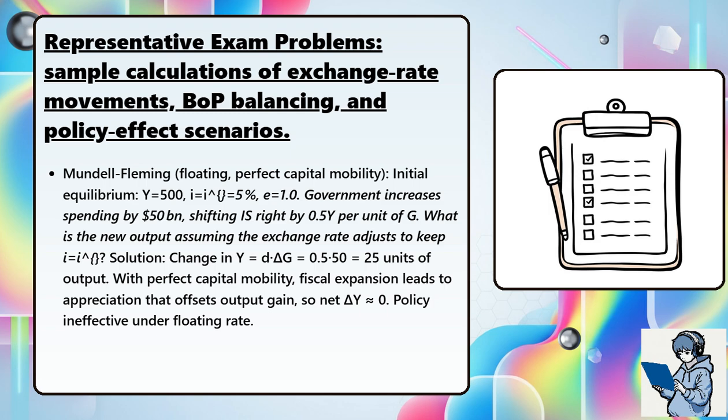Solution: change in output equals D times ΔG equals 0.5 times 50 equals 25 units of output. However, with perfect capital mobility, the fiscal expansion causes an appreciation